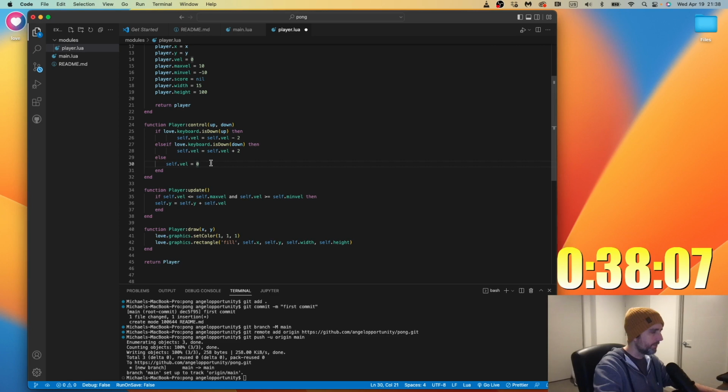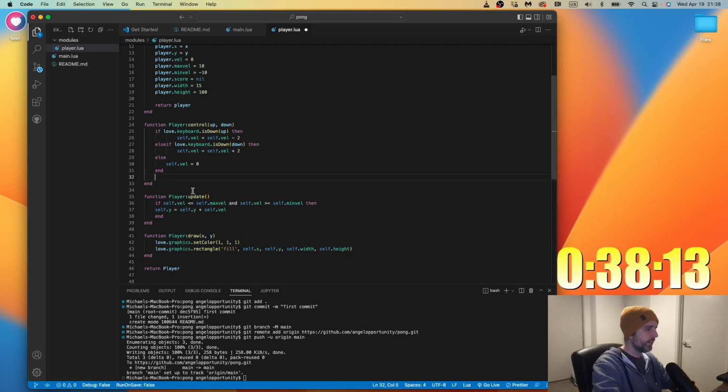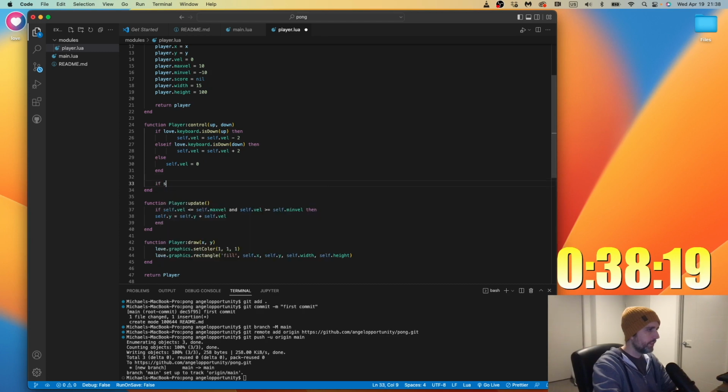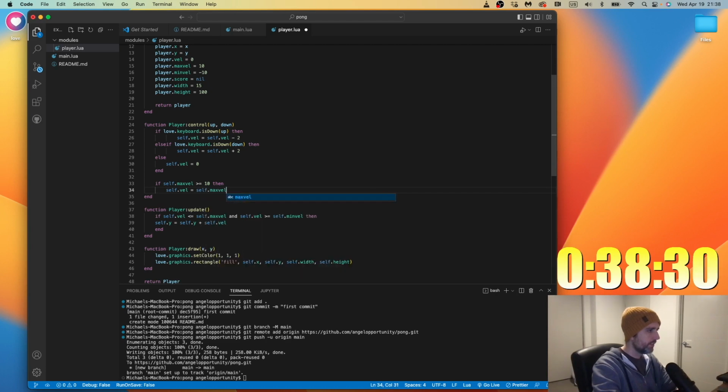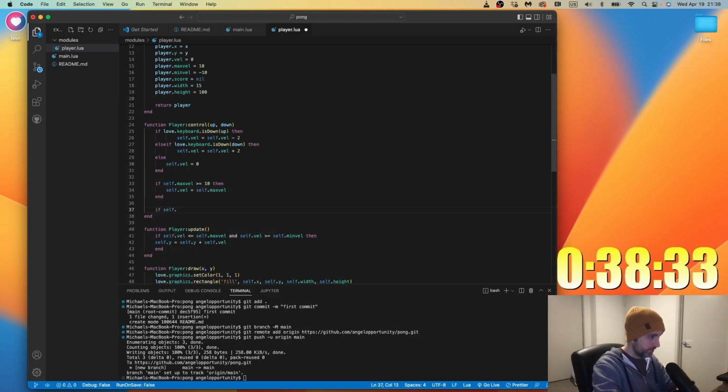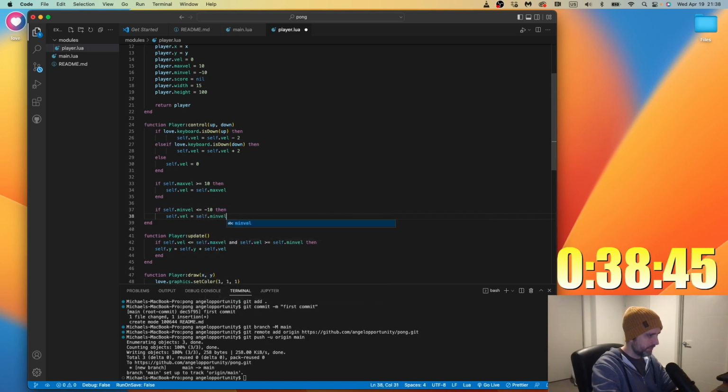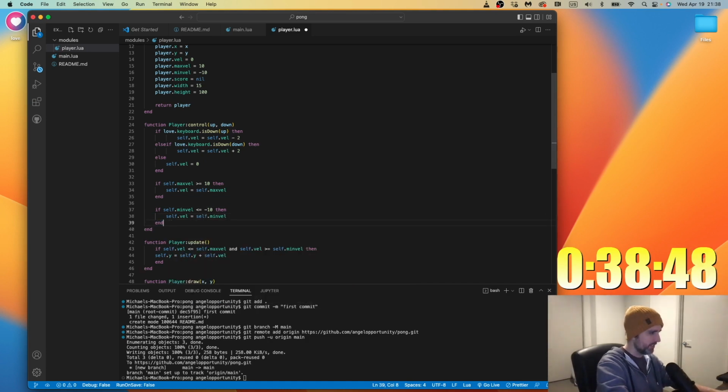I should just say, at the end of this whole thing, if self.maxVal is greater than or equal to 10, then self.val equals 10, and if self.minVal is less than or equal to negative 10, then self.val equals self.minVal. I think this is gonna fix it correctly. Let's see.